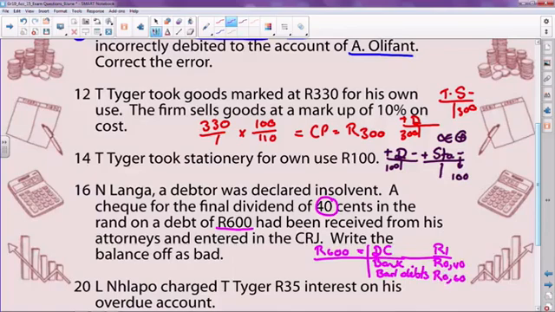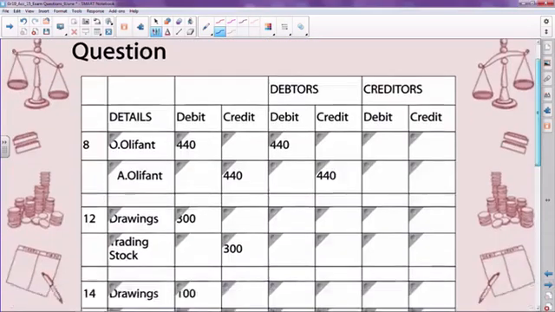Now what do I do? I say 600 times 0.4, and I say 600 times 0.6 to get the answer. But what am I looking for? I'm looking for the 60 cents that I'm writing off in every Rand. So the 600 times 0.6 gives me my answer. And let's go and look in the